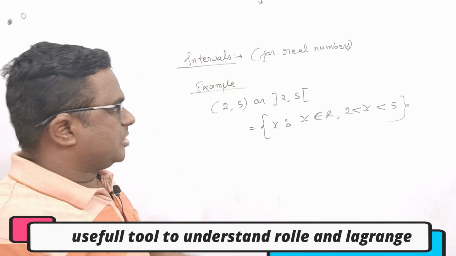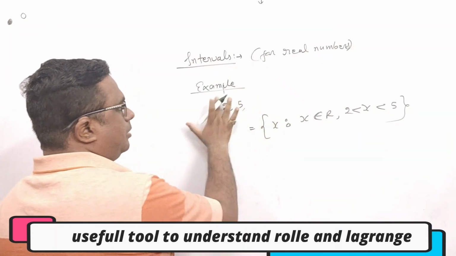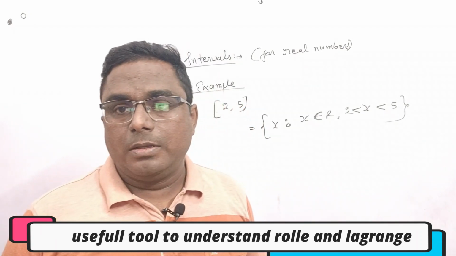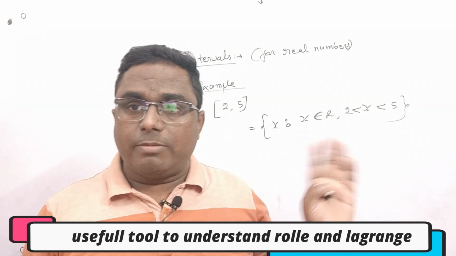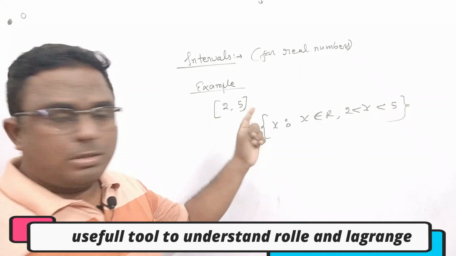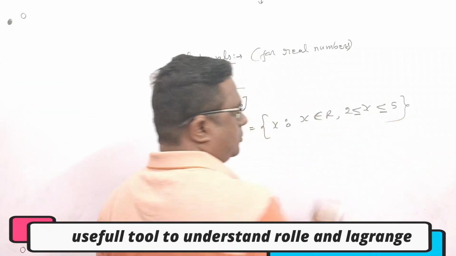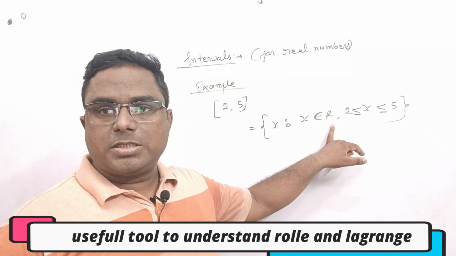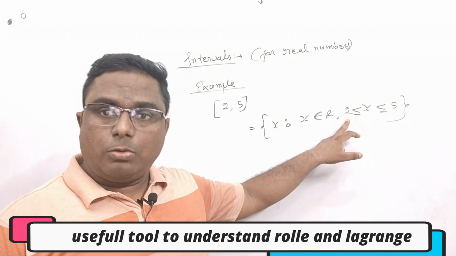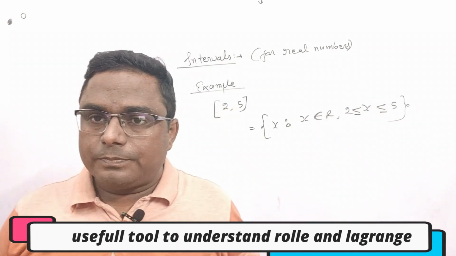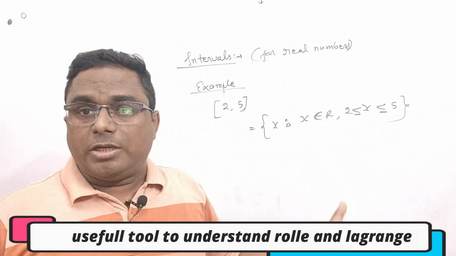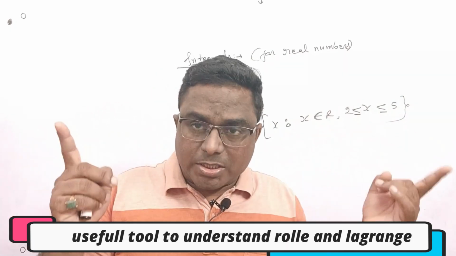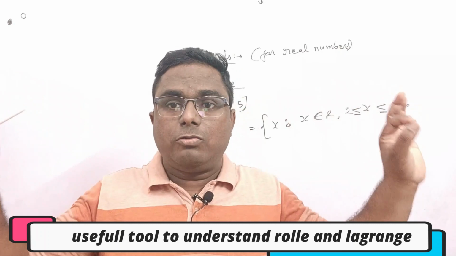Now let us do some changes in this. Suppose I make my interval like this. So now it has become closed interval. Now what is the difference between open interval and closed interval? When I write closed interval, then here I will make equal signs also. What is the meaning of this? It means I am taking all the real numbers which are greater than or equal to 2 but less than or equal to 5. Alright. So in closed interval we are also including 2 and 5. Whereas in the case of open interval, I excluded 2 and 5.